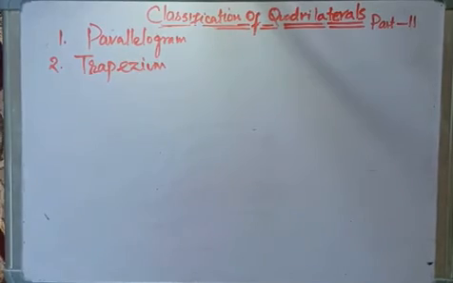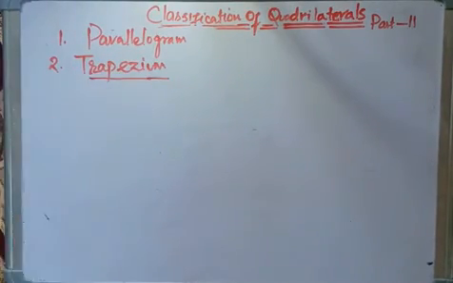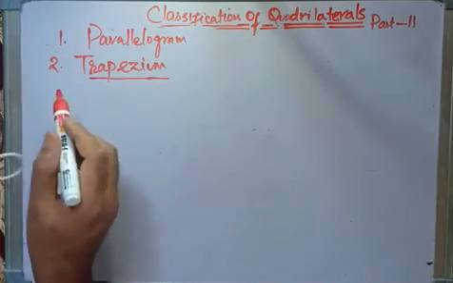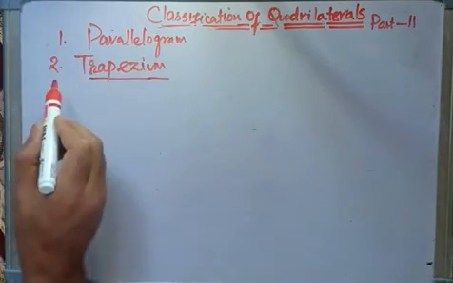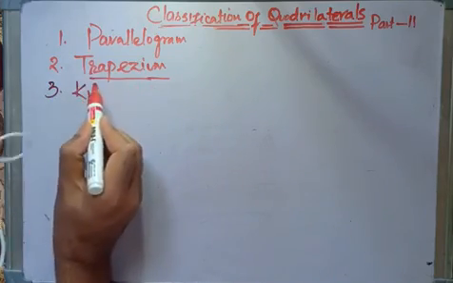Then the next category of quadrilaterals is called the trapezium, right? We classify the quadrilaterals based on the number of pairs of opposite sides which are parallel. So there are three categories. One is parallelogram, the second category is trapezium, and the third category is kite, right? That third category is, let's